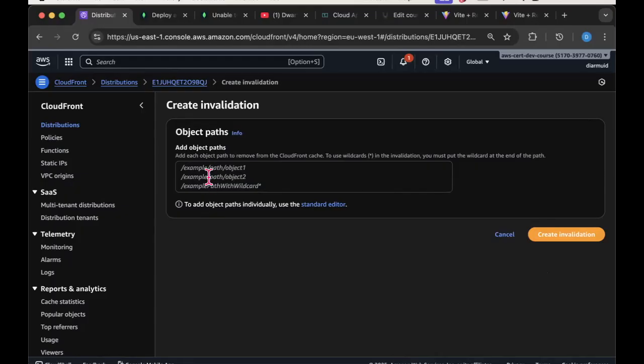Remember, our cache is a set of key value stores, and maybe the keys follow particular patterns. So you can specify the pattern of the keys within the cache that you want to have flushed. If you want to flush everything, then you can simply go slash star. Okay, and so if I trigger that invalidation,